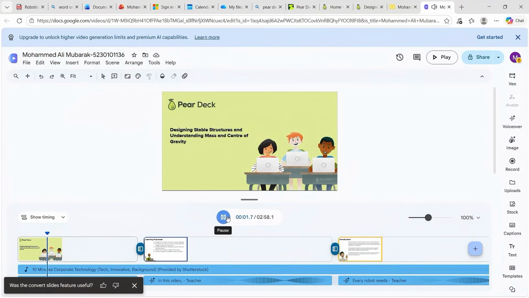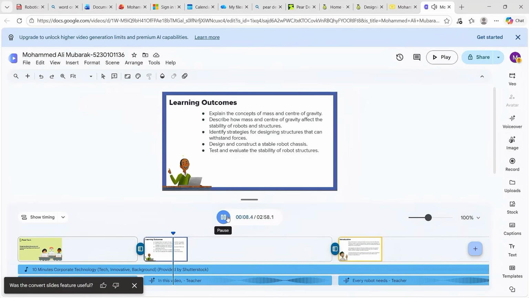Welcome to this video on designing stable structures, where we will explore the essential concepts of mass and the center of gravity. In this video, we will learn how to and you click on share, but you said that there's